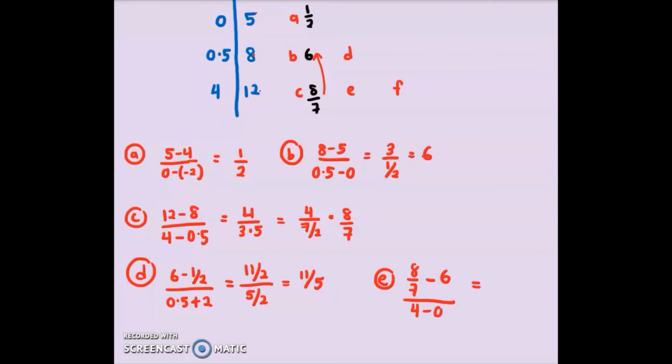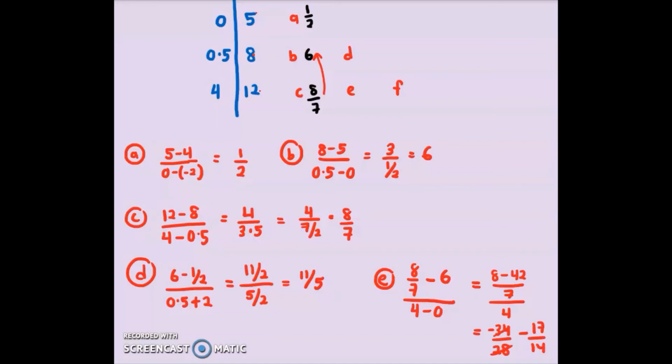Okay, so I have 8 over 7 minus 6. So I have 8 minus 42 over 7 over 4. That will give me negative 34 over 28,